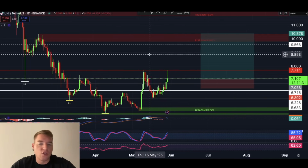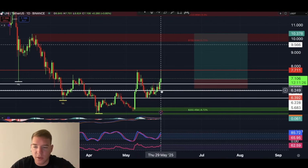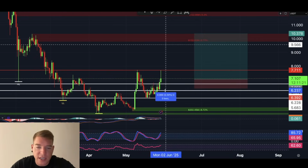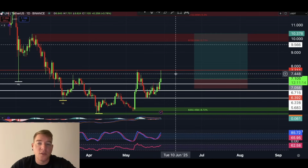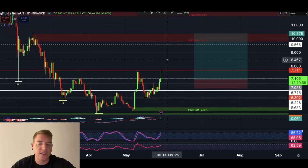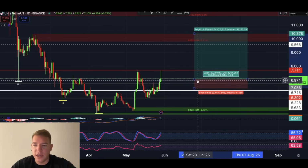Another coin that you should pay attention to is Uni. Uni also one of the coins here pumping like crazy over the last 2 days. Just to give you perspective, from yesterday to today's high, Uni pumped 24%. So the Ethereum ecosystem is warming up right now, and you should pay attention to every coin that is built on the Ethereum layer or on a rollup, because these coins look like they're starting to perform, and also the layer ones. So here for Uni, the entry would be